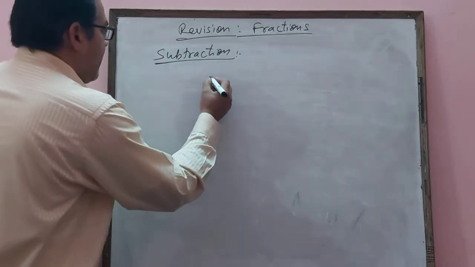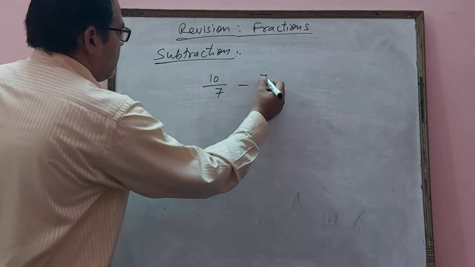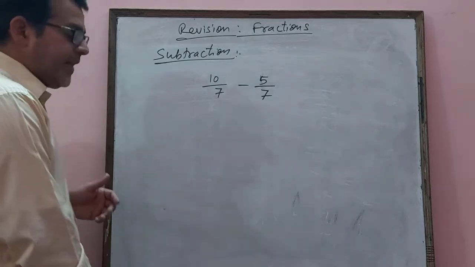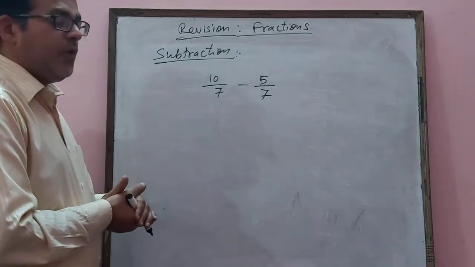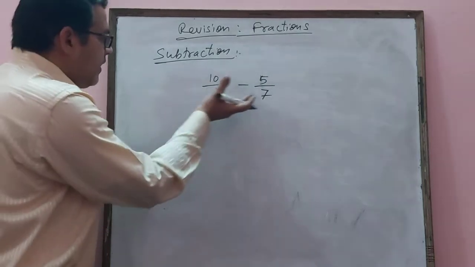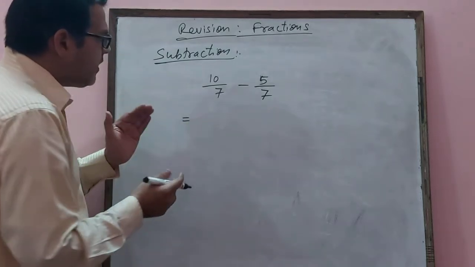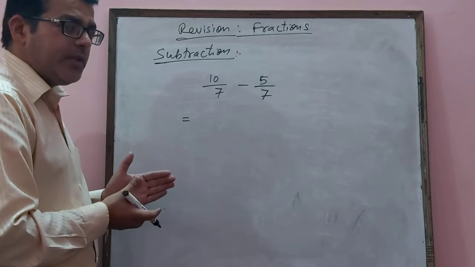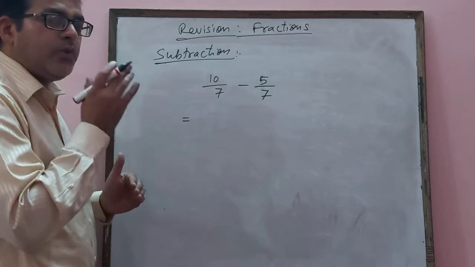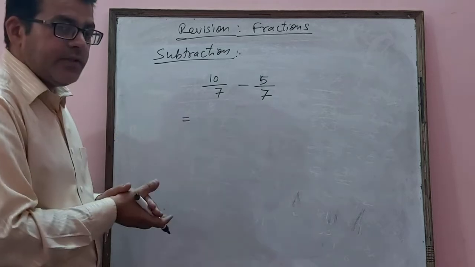I am taking here like fractions. How we can subtract like fractions from like fractions. Like fractions, you know, are those whose denominators are same. So you can see here both the fractions have the same denominator. So this is a very simple question. How is it simple? Because denominators are same. No need to take LCM. No need to make denominator equal, since we know that denominators are already same or equal.